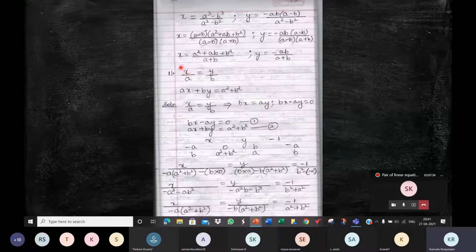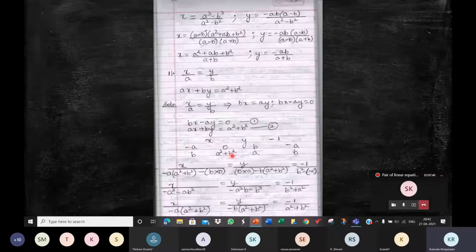So the coefficient of x here in the first equation is 1 by a. The coefficient of y will be minus 1 by b, and the constant is 0. So just that if you take it as it is, you need to work with 1 by a, 1 by b. That's not difficult at all. But if you want to avoid fractions, then you can go with this kind of a presentation. That's all. What I'm trying to say is this is the first equation. This is the second equation. The equations are absolutely fine. You can proceed with them as they are.